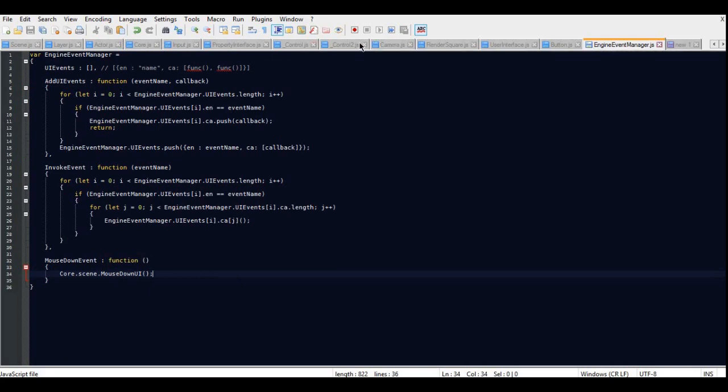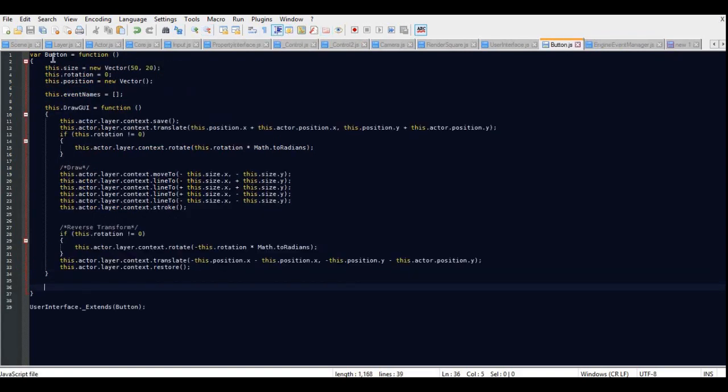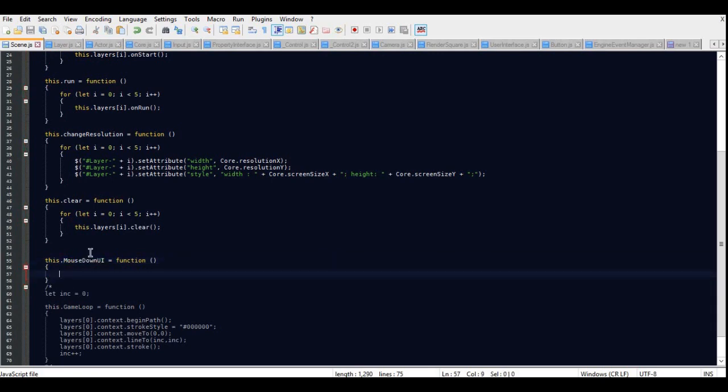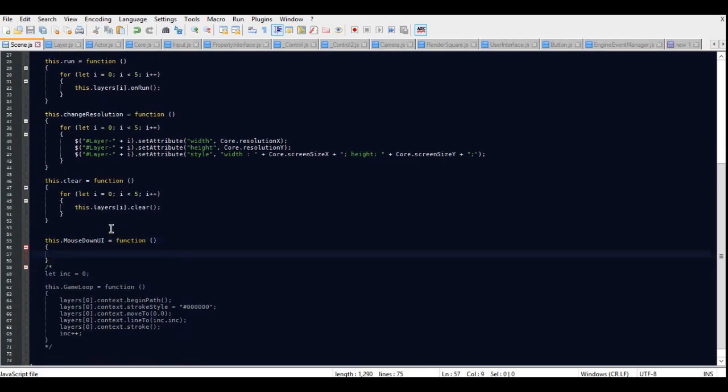We're going to do a detection system to see whether or not, we'll do it in the actual button system, and we're going to just cascade it down into the layers. So y++,